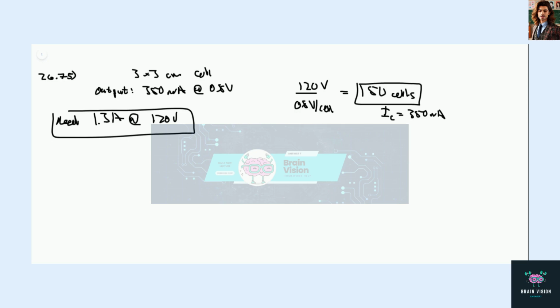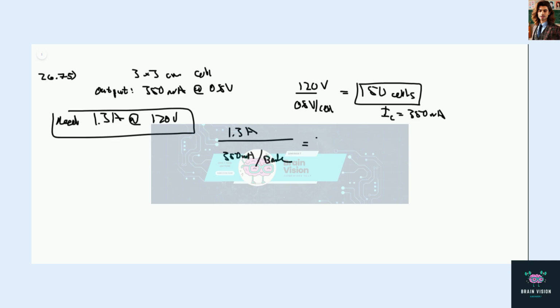To achieve the higher current now, we need to make banks of these cells that can all be connected in parallel. So if we have banks of cells in parallel with each other, then their currents are going to add. So if we need 1.3 amps of current and we're getting 350 milliamps per bank, we divide this out and we need,